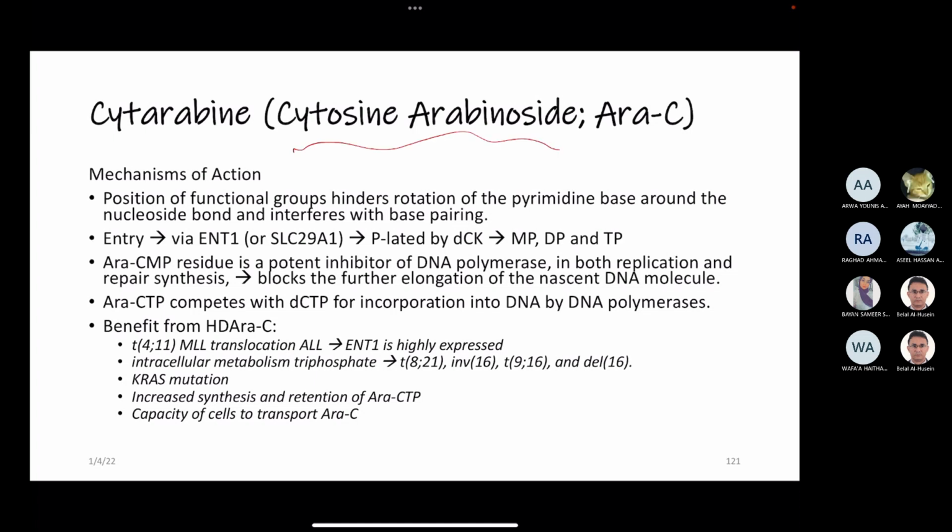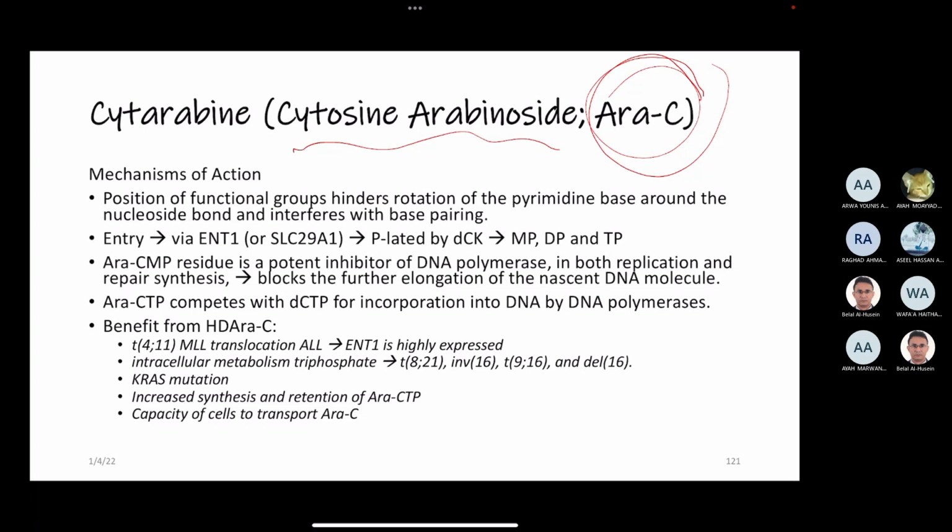But in protocols mostly you will find they mention the drug as trade name or abbreviation, so that they either mention aracine or one of the first trade names اللي هو cytosine. So the mechanism of action انه بيصير له uptake by special transporter اسمها ENT1, and this ENT1 has high expression